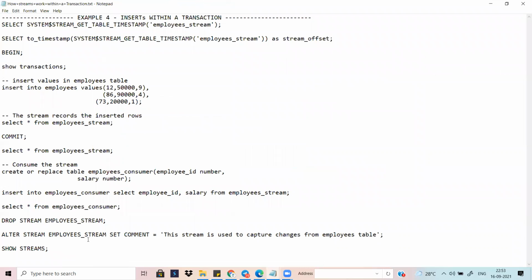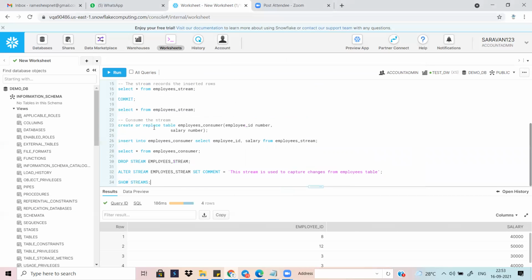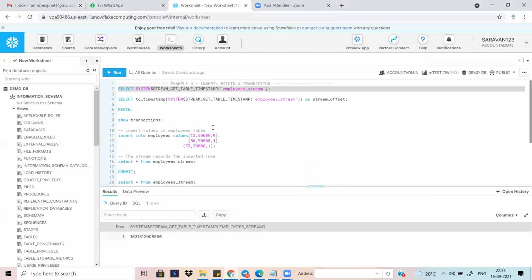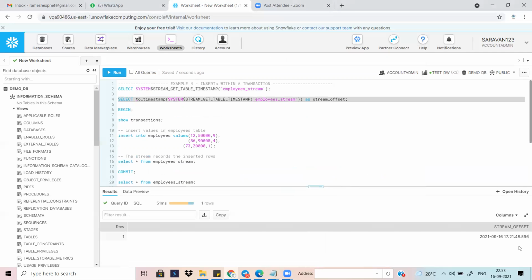So this is within a transaction. Right now you can get the latest timestamp after deleting that one. This 721 is the updated last offset. Then what happened here? You can begin, that begin procedure starting area.